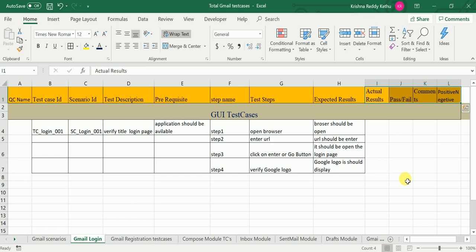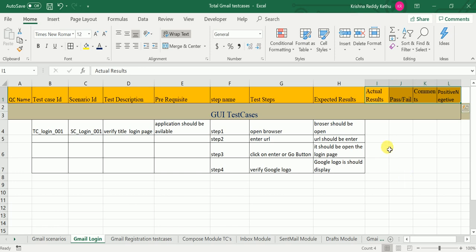Now you may get a doubt here: when are we going to execute the test cases? Once we get the latest build from the development team, then we are going to execute these test cases. Before that, whenever they are developing the code for our application, in parallel we are preparing our test cases. By the time they complete the coding, we will also complete our scenarios and test cases. We will be ready from our end. Once they give us the code for testing, we execute all these test cases on our application and verify what passed and what failed.